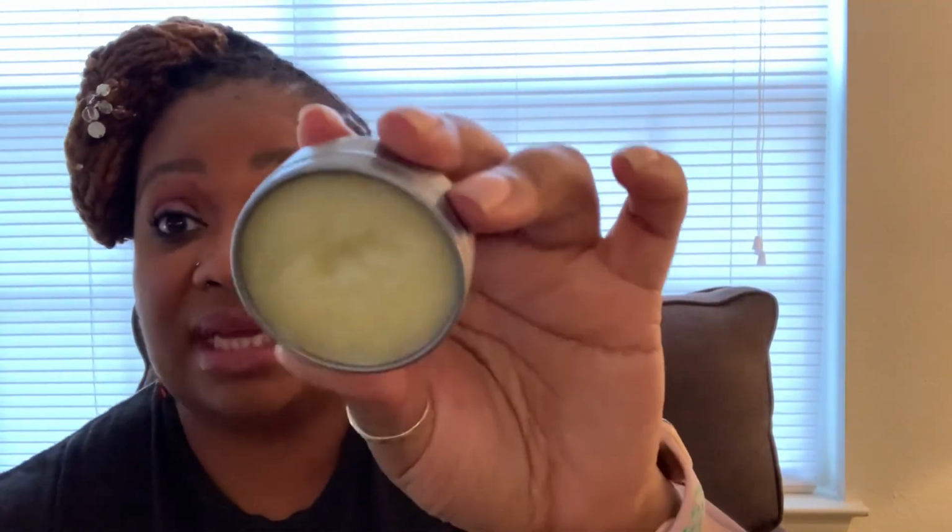And I'm not gonna lie and pretend like this is not an amazing fragrance. Look at it. Like, you can tell I've used this bad boy. But I will say that I wanted it because I wanted to know what the hype was about. And now that I have